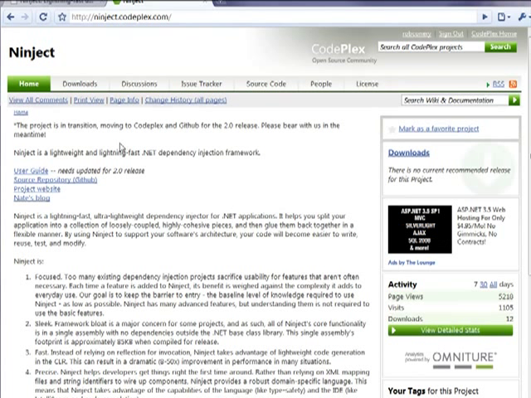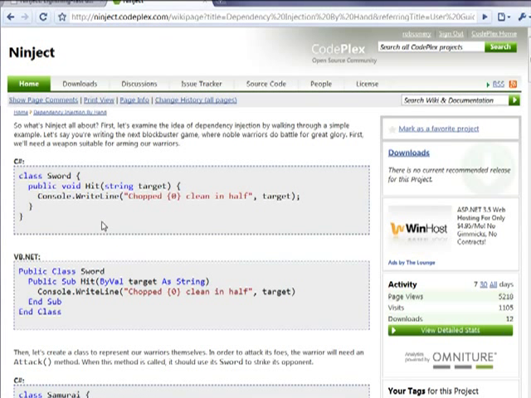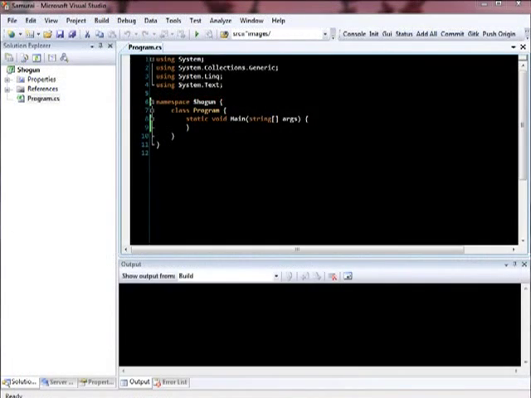So what I want to do today is go through the user guide. If I click on the user guide, it'll take me through some walkthroughs, and I'm going to use the exact code that he has in here. If I go through dependency injection by hand, you can see the stuff we're dealing with is the samurai. Here's my sample application, and to put this in context, let's pretend that I have a client who called me up one day and said,